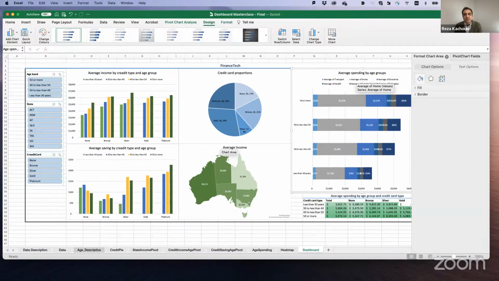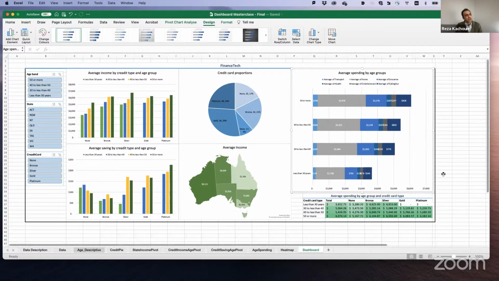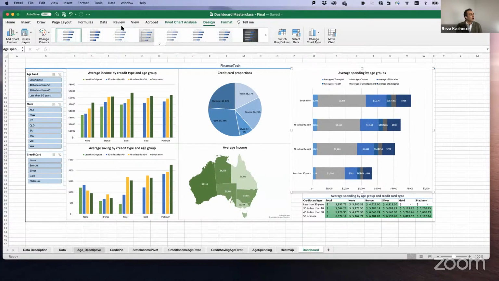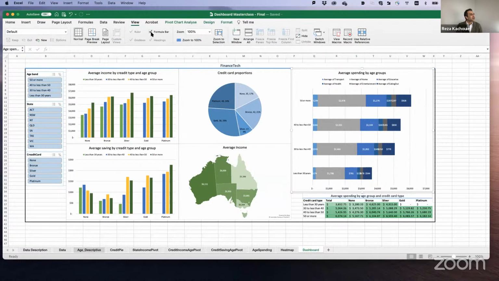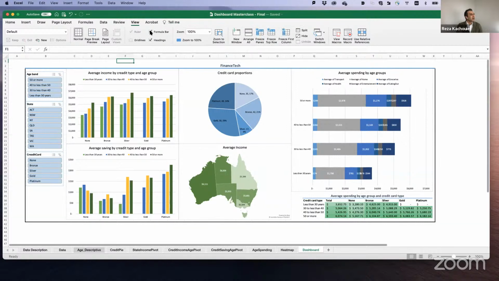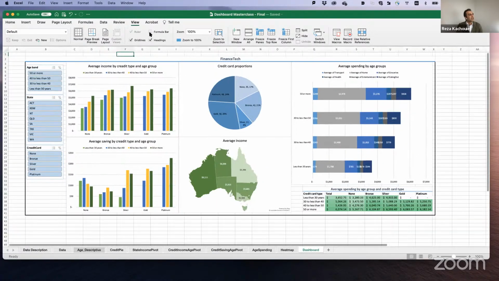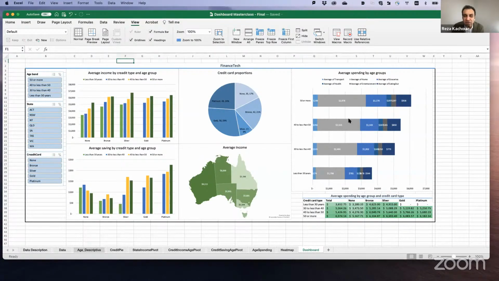If you're putting something in the background, you can have it, but sometimes adding those pictures may make things less readable. Even sometimes when I create a dashboard, I go to View and try to get rid of everything. So there is nothing, even the grid lines, the formula bar and headings, I tick off everything. So make everything very clean. But it depends on you. If you feel that it is adding value, add it. But it is up to you.